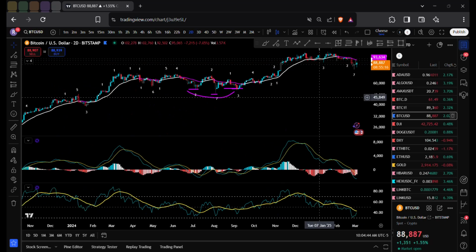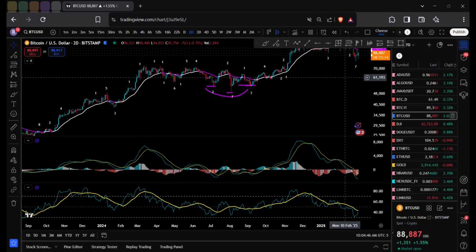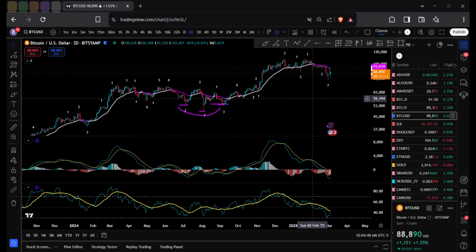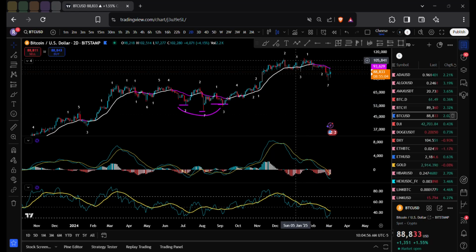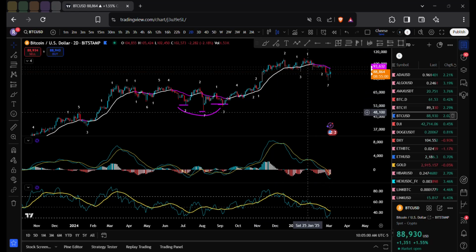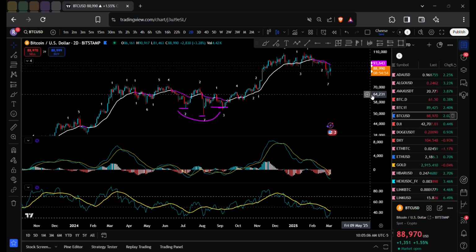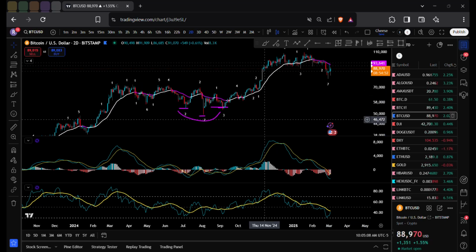And people forget, like once again, I like Trump because he's a business guy, but we pumped during Biden, and then we pumped during Trump, and then we pumped during this one. So it's like, I trust charts over people, and when the charts tell me we're oversold, I buy. When the charts tell me we're overbought, I take profit, regardless of who's the president and what's going on with the economy. Aliens could come down tomorrow, and if the RSI is at 30, I'm buying.